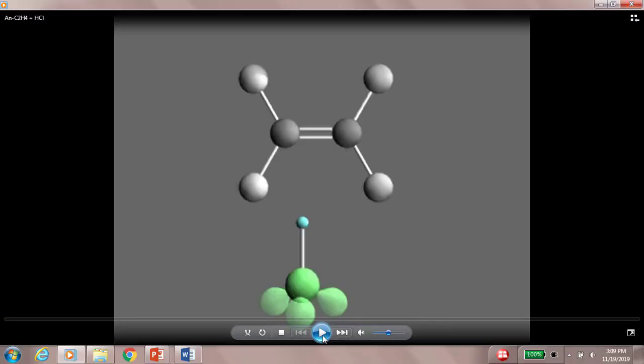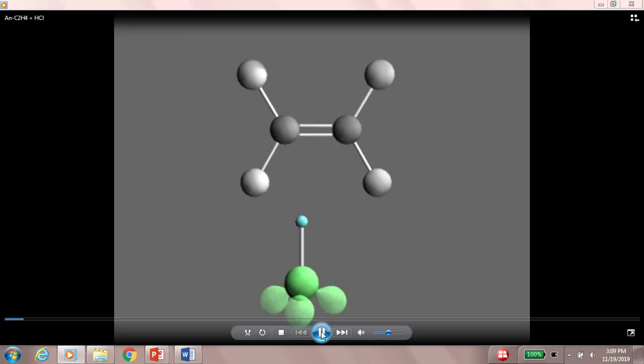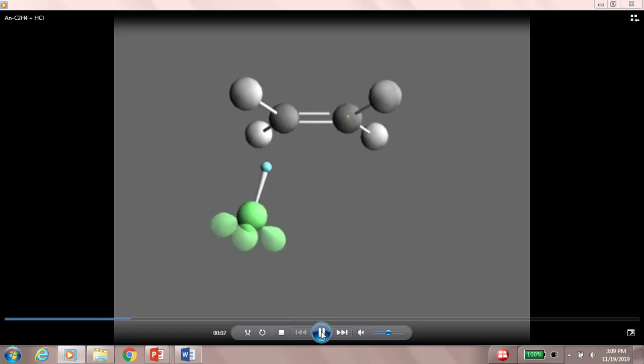We have at the top the alkene. You can see the carbon-carbon double bond between the two black carbon atoms. At the bottom we have an HX molecule, where H is the blue sphere and X is the green sphere with three lone pairs on it. As we start the animation, we have